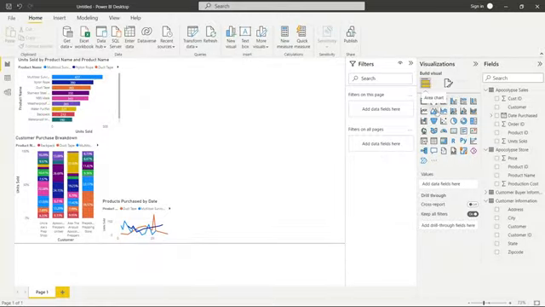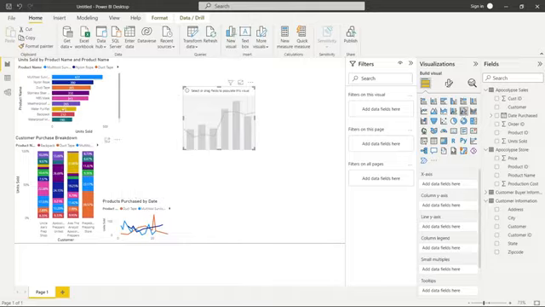Then we have things like an area chart, a stacked area chart, not really things that I've used too much in previous positions. One that I have used though is a line and clustered column chart. So it kind of combines a few of these, you have these bar charts as well as line charts into one visualization. So let's look at this one because this is one that I have used several times in